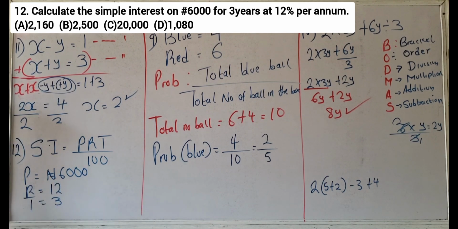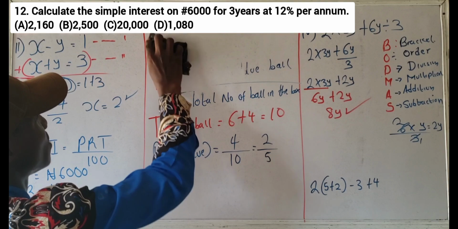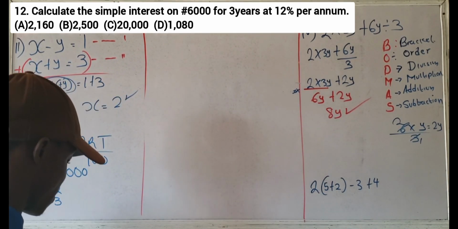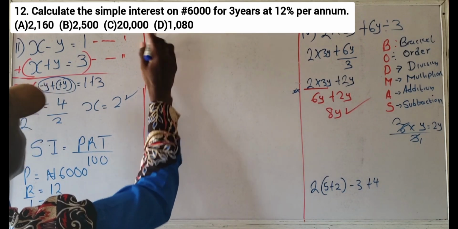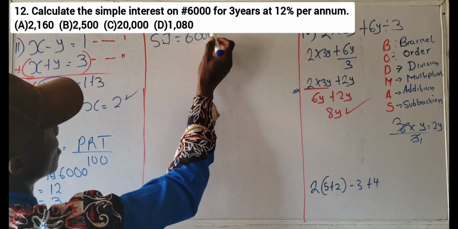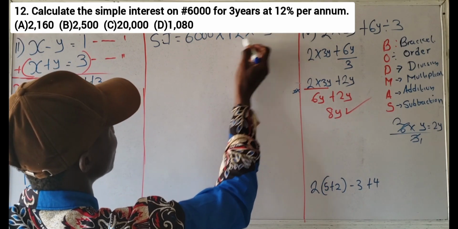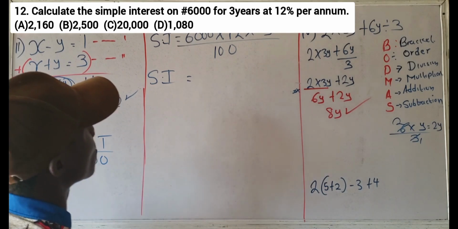So with respect to what we have here, we can easily determine the simple interest. All you have to do is just substitute the values into this formula. So I can erase this since we are done with this. Here I'm going to have simple interest equals principal, which is 6,000, multiplied by rate, which is 12, multiplied by time, which is 3, all over 100. So simple interest is equal to,